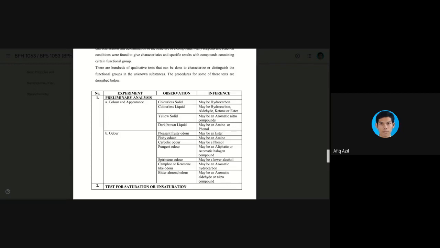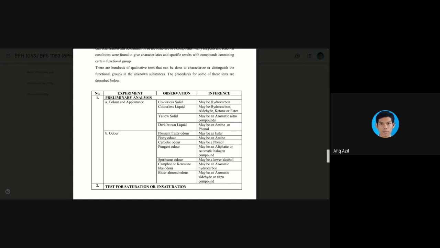And then smell of kerosene-like odor or camphor. So this could be aromatic hydrocarbon. And the last one is like bitter almond odor. So this could be aromatic aldehyde or nitro compound. But then again, this